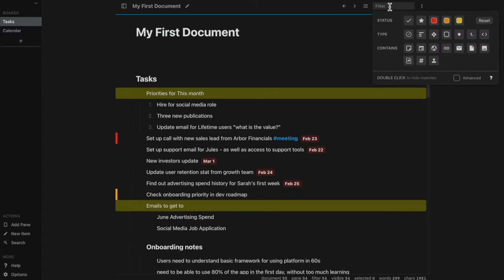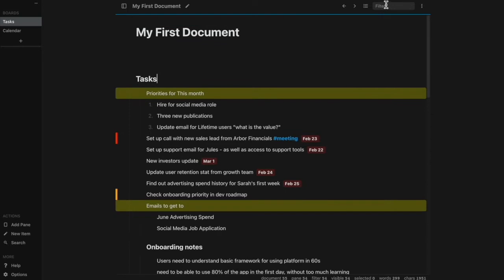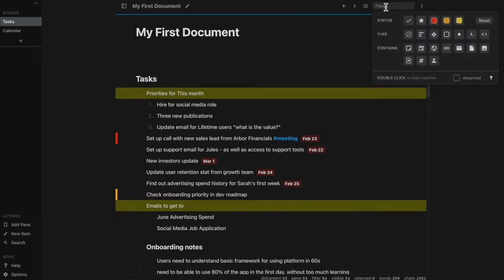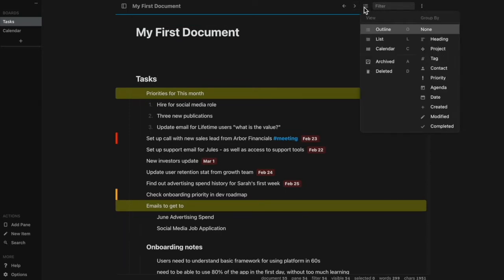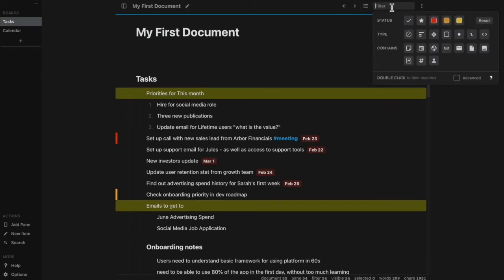There are no filters set, and as a result, this pane is showing the entirety of my document, with nothing filtered or hidden. This is a standard outline pane with no grouping or sort settings. When using the filter menu, there are two basic interactions to get you started. Use a single click on any of these options in the filter menu to only display that type of item, shown with a blue check mark.